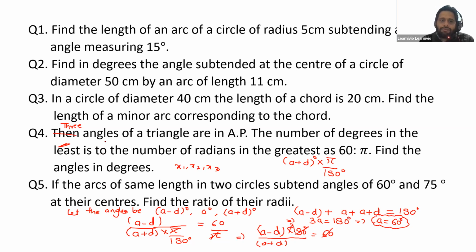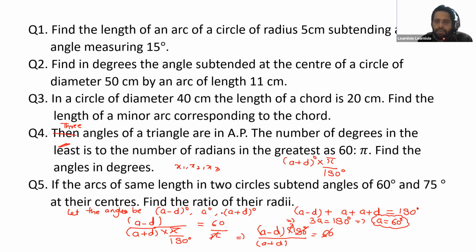So in this question, we have checked that the angles were in AP. That's why we have assumed this value. Now what happens if we take the angles as x1, x2, and x3? Then we need to apply the formula of AP. Then we need to make two equations, then we find the value of both the variables. So the advantage of taking these angles is whenever you add them, they will cancel out and you will get